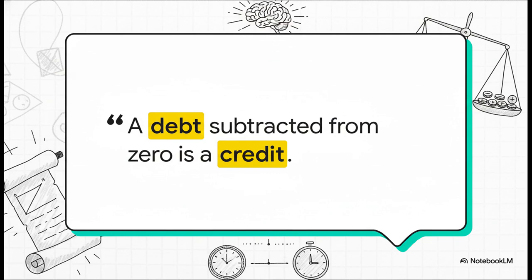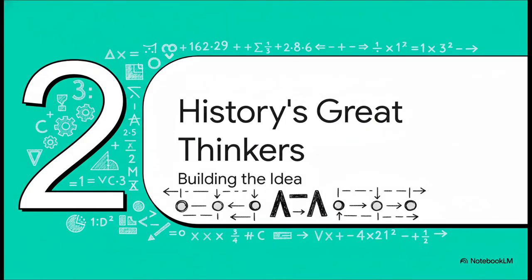Okay, now let's fast forward more than 2,000 years. We're in 7th century India with this absolute genius of a mathematician, Brahmagupta. And he makes this massive leap forward. He's the one who creates the first real rules for negative numbers. He said, a debt subtracted from 0 is a credit. Such a simple, beautiful idea. And with that, negative numbers finally had a logical, official spot in mathematics. Even though, and this is wild, a lot of folks in Europe would refuse to accept them for another 1,000 years. So Brahmagupta's work really set the stage.